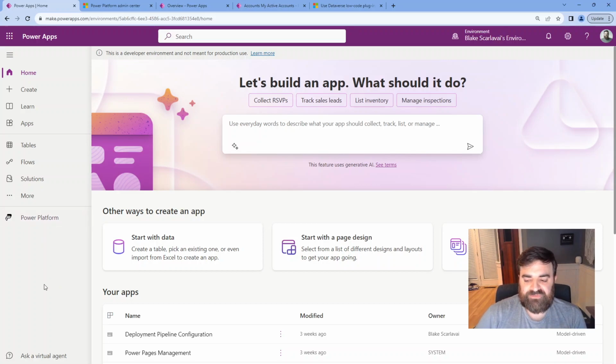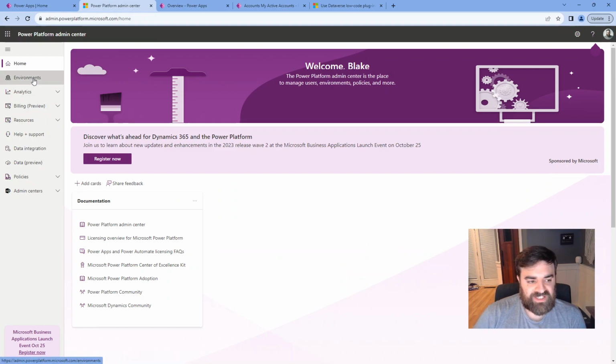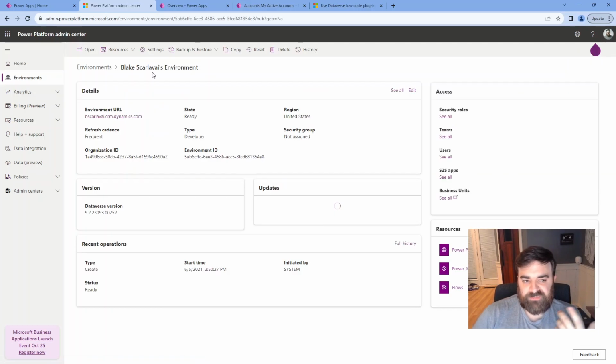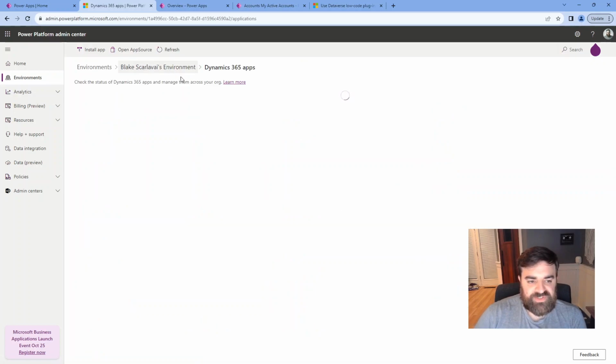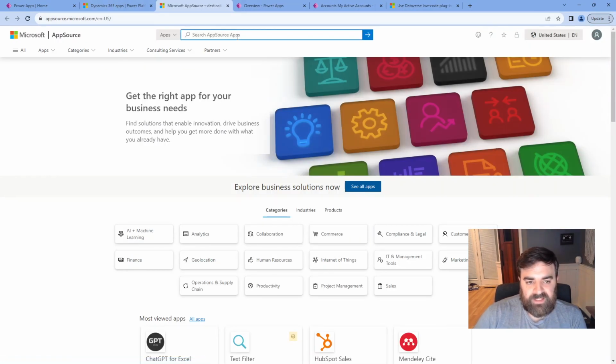So as of today, Microsoft released that the low-code plugins will automatically be installed in newer environments. So it just depends if you have an existing environment or a new one. But if you're in an existing environment, you have to go to the admin center and then go to environments on the left, and then click on the specific environment you want to put low-code plugins in, and then resources and D365 apps. And then you can open AppSource and search for